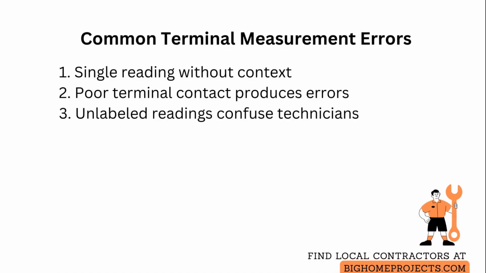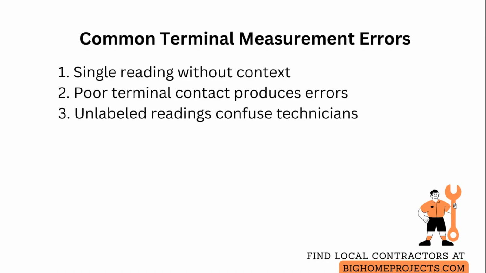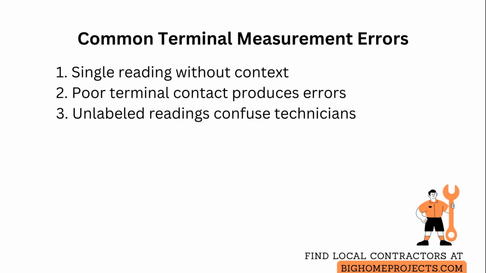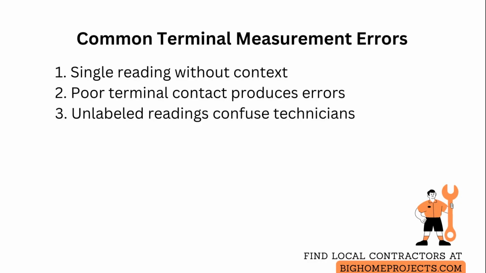Solve this by taking multiple readings under different loads and noting conditions. A second error is poor contact with terminals, producing noisy or low readings. Fix this by cleaning terminals, using back probe techniques or clamp adapters for tight spaces, and ensuring meter leads have